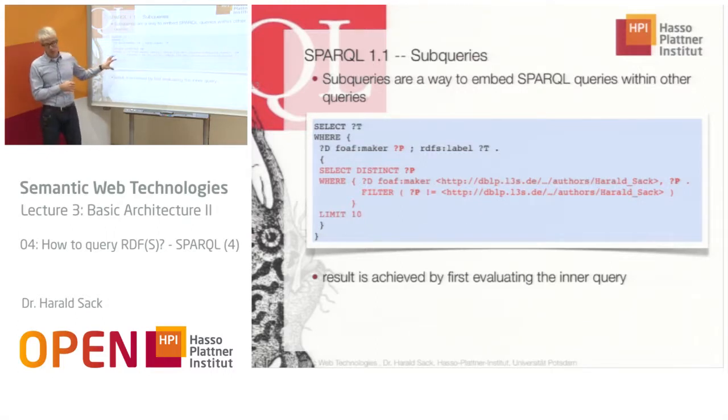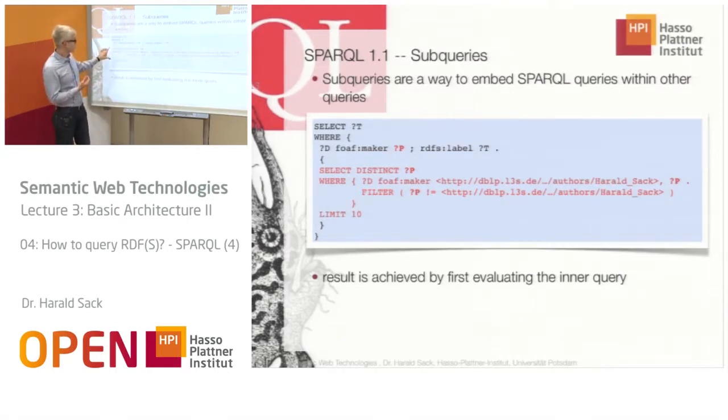So what do we do here? We want to select book titles, which is the T, and only those book titles of books that are from co-authors of me. So how do we do that? Of course, we want to select titles. Where? We have D, which is a book, which has the maker P. And from this we want the label, so this is the title of the book. D will be the book, T will be the label or the title of the book, P will be the